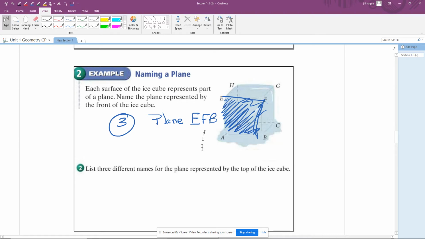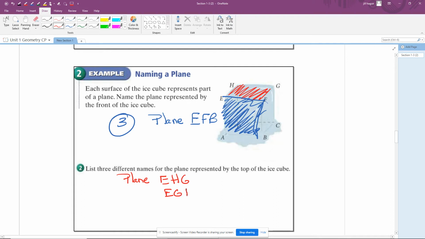Okay. Name 3 different names for the plane represented by the top. So maybe pause it and try and come up with 3 on your own. You can do that while I shade it in. So here's the top of the cube, right? So what are 3 different ways there? What'd you come up with? Well, E, H, G. We could have plane E,